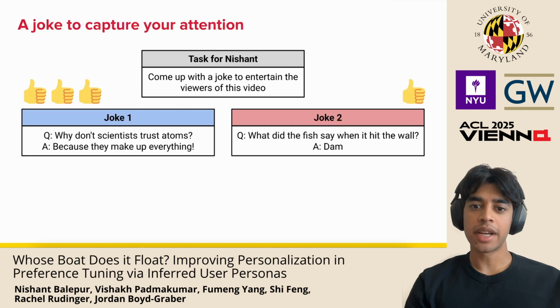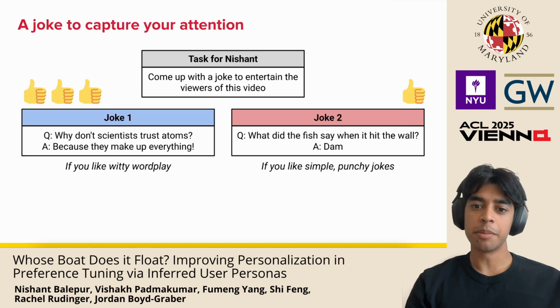But wouldn't it be better if I could tailor the joke to you personally? If I knew you liked clever wordplay or were a science fanatic, I could select this one on the left. But if you're anything like me and your sense of humor is a bit immature, I'd probably go with the one on the right. If I only looked at which jokes received the most laughs, or votes, I could never adapt my joke to your specific sense of humor.